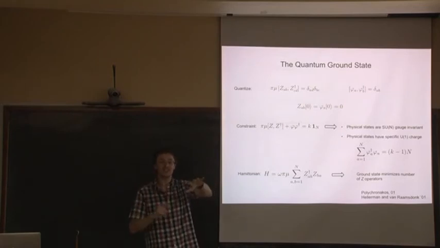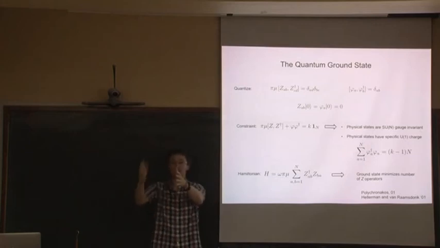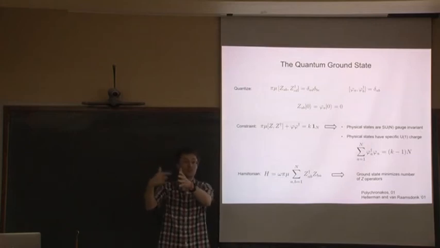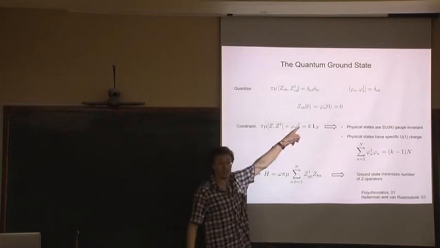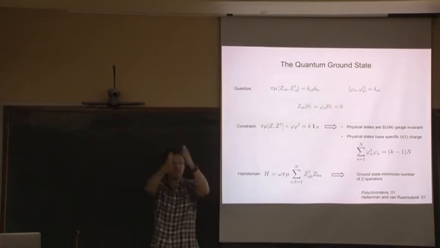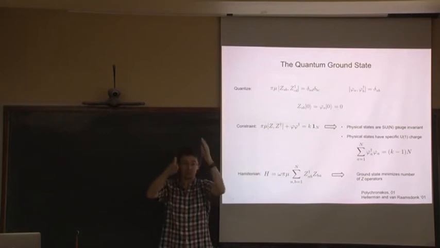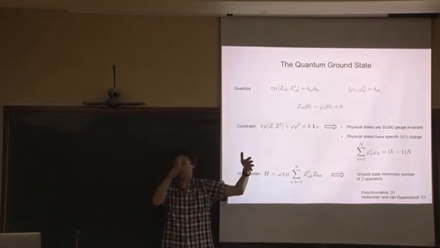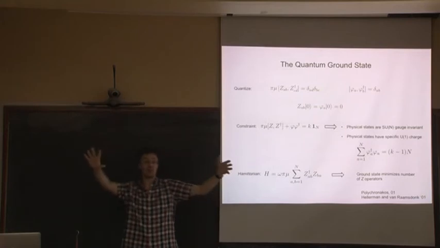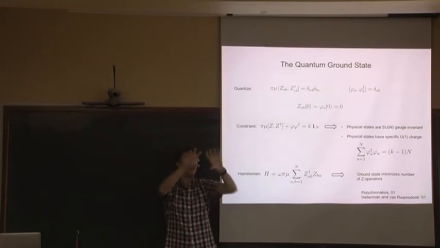The subtlety is the phi daggers have to form SU(N) singlets. But you only have phi daggers, you don't have phi's to play with, because as soon as you introduce a phi into the game, it's just going to kill your state, because the vacuum is annihilated. So you've got a bunch of phi daggers, each of which transforms in the fundamental. And the only way to form a singlet out of a bunch of phi daggers is by a baryon. So you have some epsilon symbol, epsilon A1, A2 through to AN, and then you put N phi daggers.